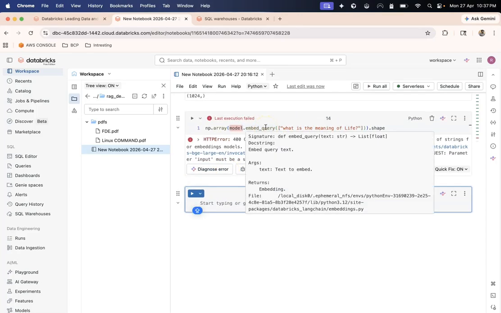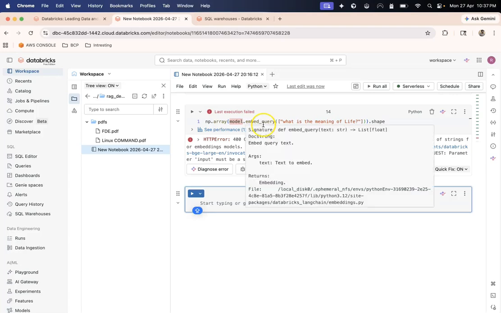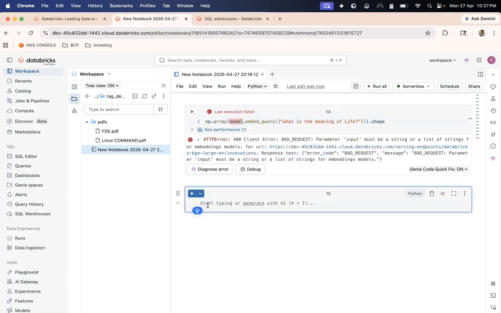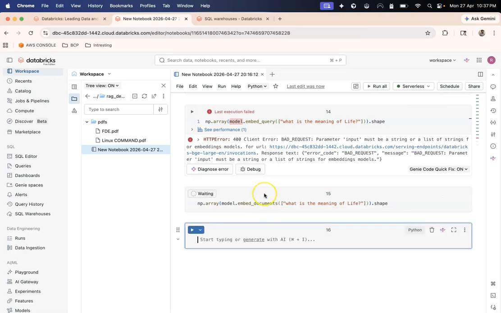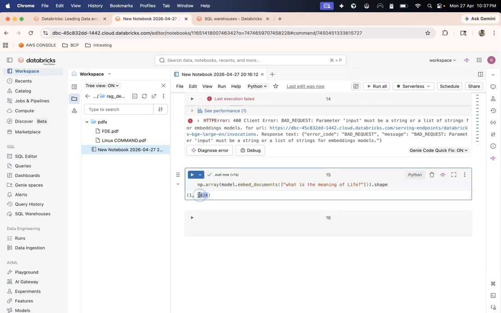Now, what happens if you have to embed multiple queries, multiple texts? In that case, you have to use embed_documents. Let me change this to embed_documents, and if I run this now, you should be able to see a shape of 1 comma 1024.